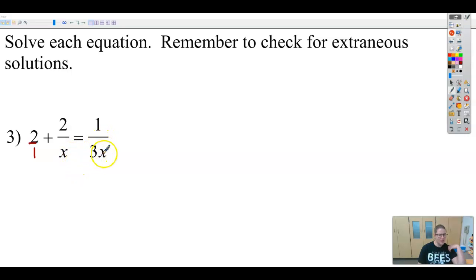So I've got a 3 and an x here, I only have an x here, so I know I'm going to have to multiply this one by 3 over 3. And this one doesn't have a 3 or an x, so I'm going to need to multiply this one by 3x over 3x. Okay, so that gives me 3 times 2 is 6x over 3x, plus 2 times 3 is 6 over 3x,